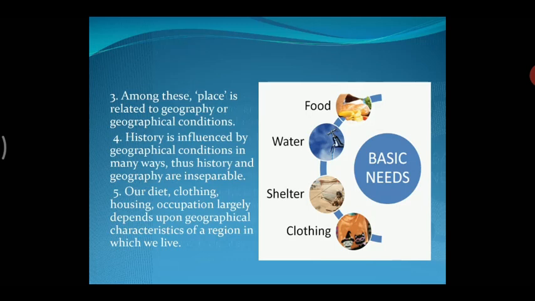See, in the picture shown below, there are four things which are the basic needs which we need. Without these, we cannot live. For example, food, water, shelter, clothing. These four things are the basic needs which we cannot live without. If you don't get a phone for one day, you'll be able to live without it. But these four things you can't live without. We'll go to the next slide.